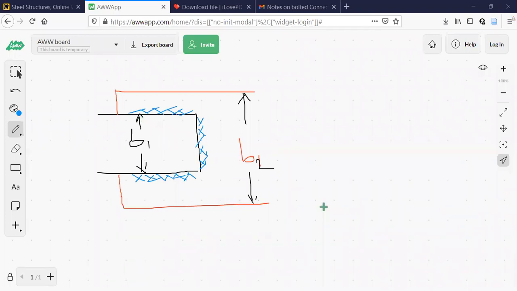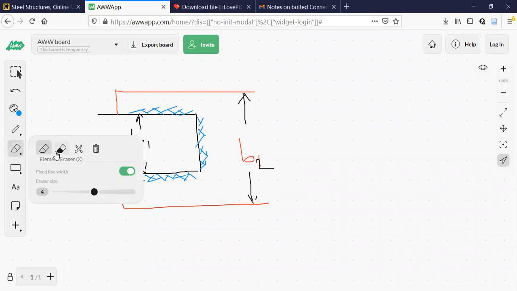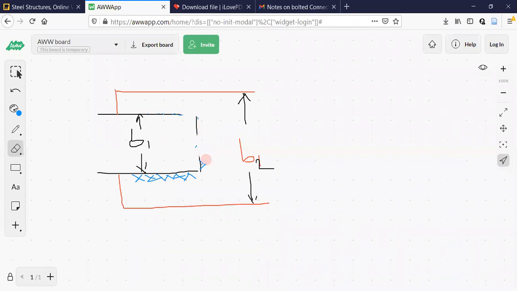So this is one option. The second option is no welding. Welding is not there, but a bolted connection is done. This is not there, you can see. This one is not there. The second option I have is, you can see,